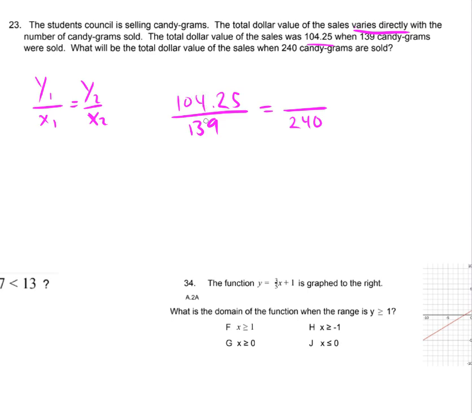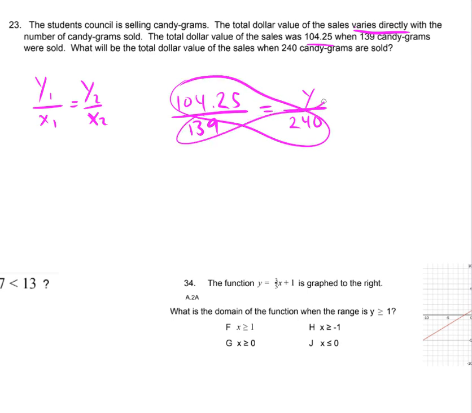So this is one ratio, and this is another ratio or proportion, right? So I got this one here and this one here, and what I'm going to put on top here is my y value. This is the one I don't know, because they're asking if 240 candygrams are sold, what am I going to get for y? So what I need to do now is cross multiply